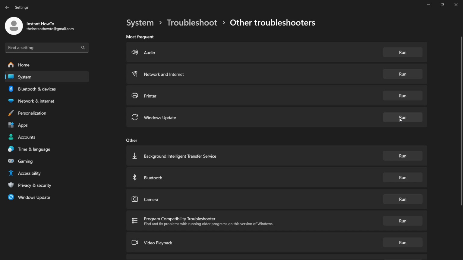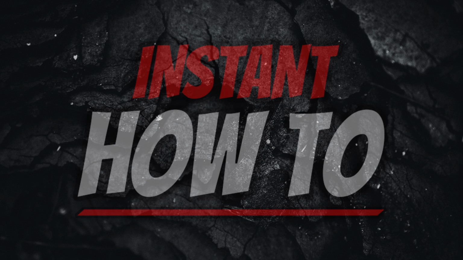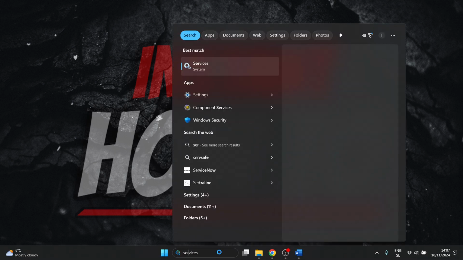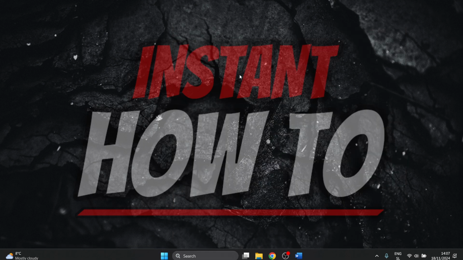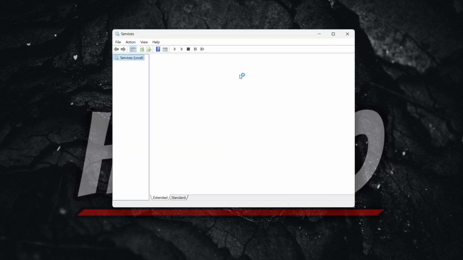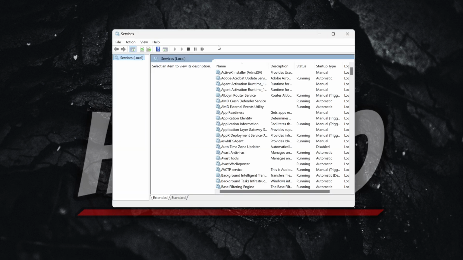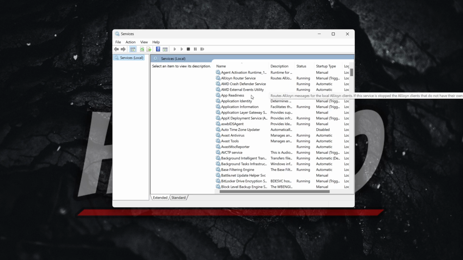Now once that's done, restart your computer and see if your update will work. If it doesn't, proceed to step 3, which is what I'm going to show you right now. Close this down and go yet again inside services. I'm going to yet again open this up with admin permission, but you don't have to if it works for you, as I said. So once you do this, what you want to do is look for Windows Update,